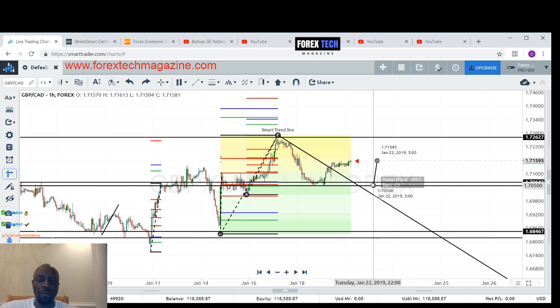So okay, if you're going to put your stop loss back towards the C, it's 109 pips. You're risking that in order to capture 200 and some odd pips. Once again, think about the size that you're going to be trading. Think about the size of the account that you're going to be trading. If you're trading a standard lot, that's basically $1,009 that you're going to be risking to capture about